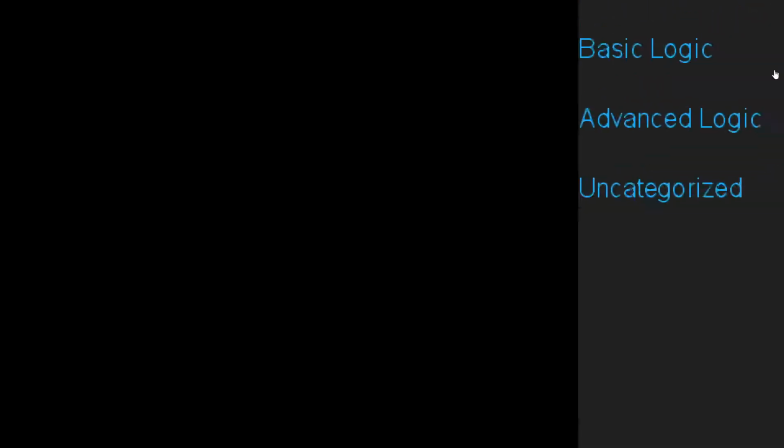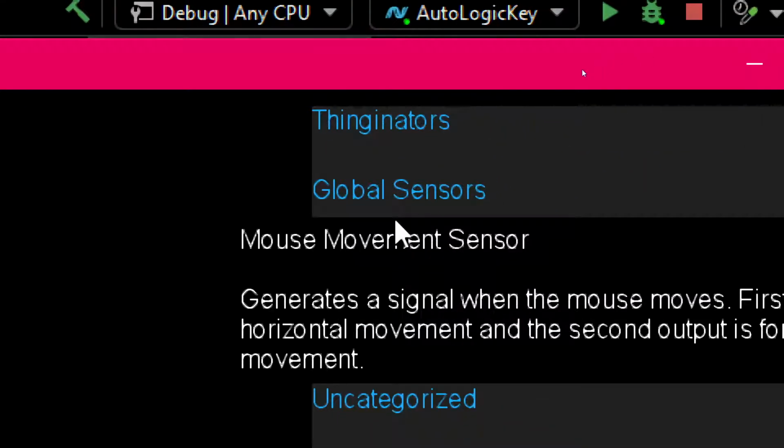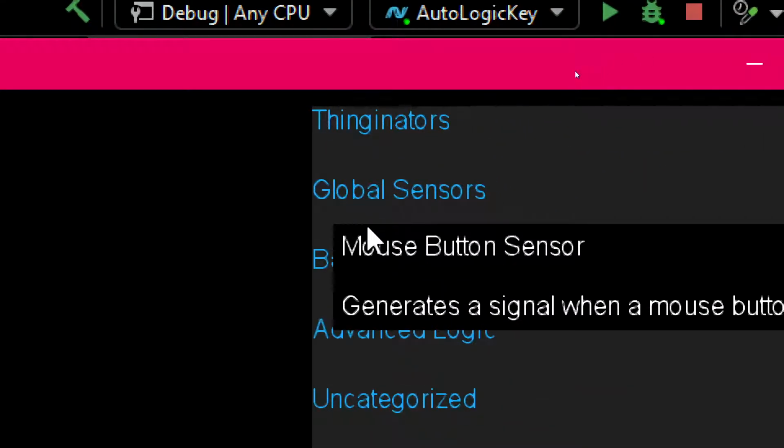If you press F2, you might be able to see it for like a split second if you don't blink, but you can see that the keyboardinator I placed down is flashing as I press F2. So we have the keyboardinator. We now have the mouse button sensor,